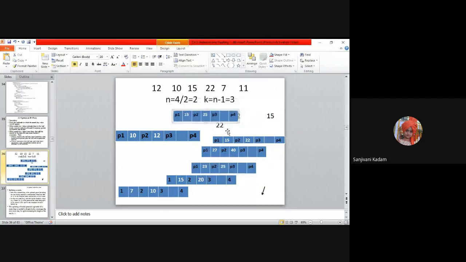So list key search key value 15 is there from the new node. So it is asking us to take a list value from the new node only, and then whatever the children are there. So we know that it always follows the rule that whatever P1 contents are there, those all should be less than the 15, and whatever the new nodes are there, this will be equal to or greater than the key value.